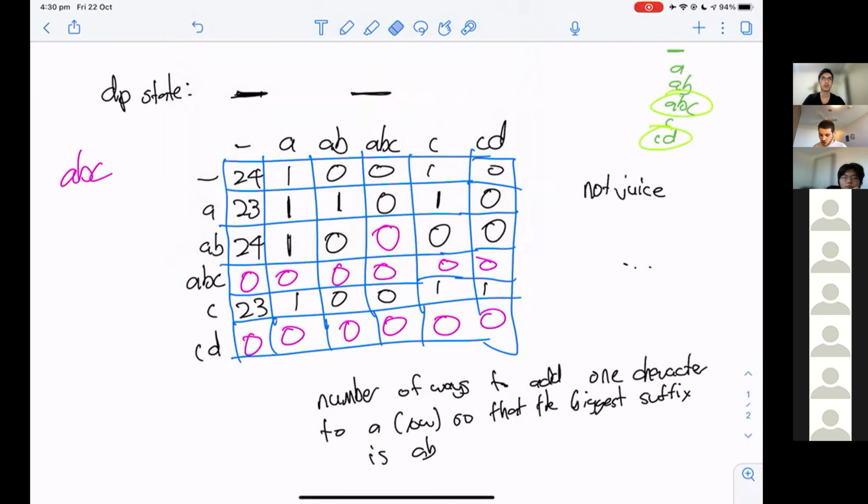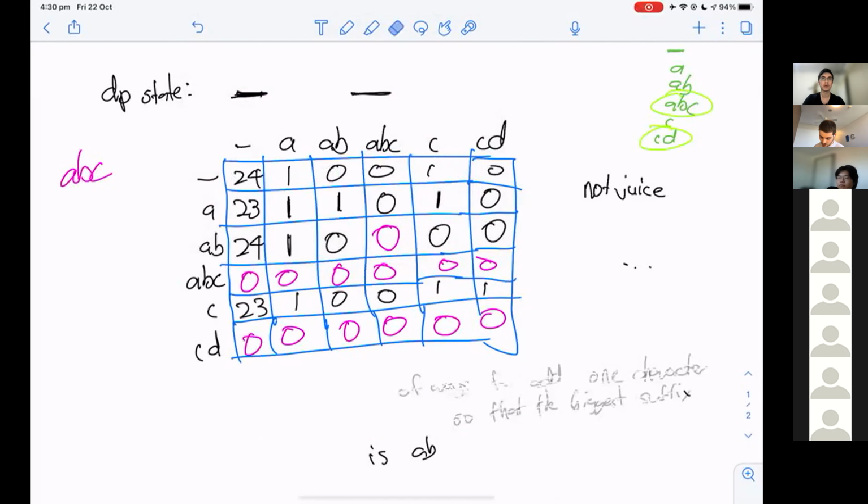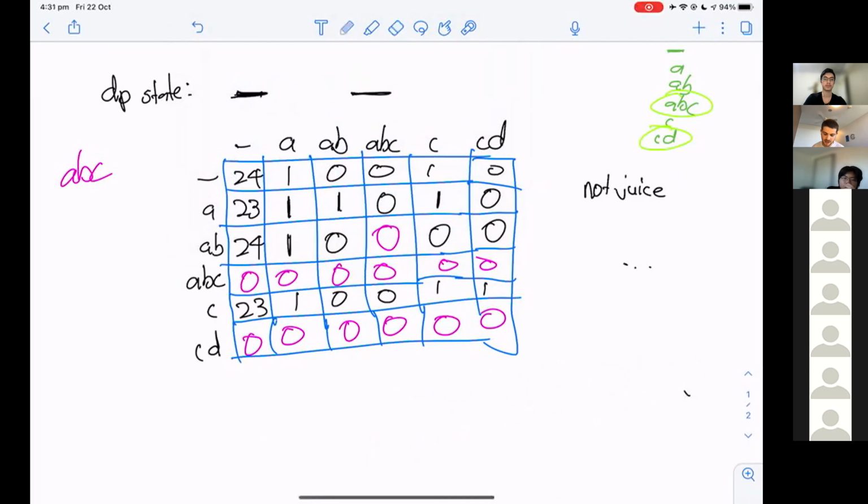Now, computationally, how we do this is not too hard. We can kind of brute force it. We can just brute force our creation by, in each cell, starting with AB, trying adding each individual letter, and checking whether the biggest suffix is then AB. We'll just do the same thing for every pair. It might be slow, but because there's at most 100 suffixes, even if we go for each cell, the complexity of creating this